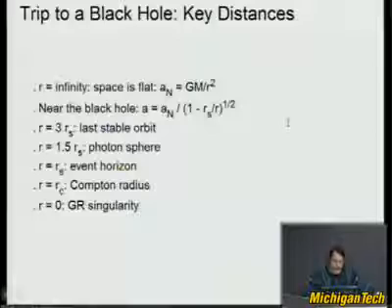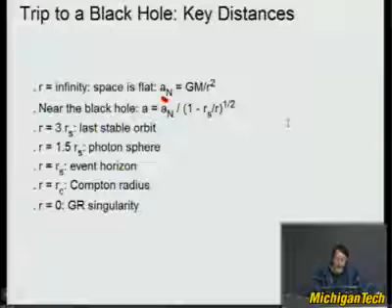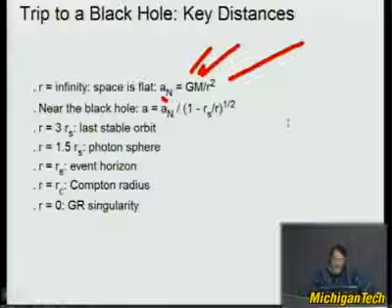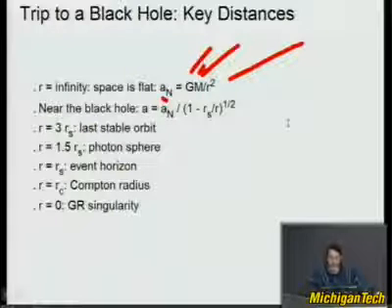Okay, so let's talk about black holes a bit. When you're far away from a black hole, the acceleration due to gravity would be Newtonian and be given by G, the gravitational constant, times M, the mass of the black hole, divided by your distance from the black hole squared. So in general relativity, it reduces to the same